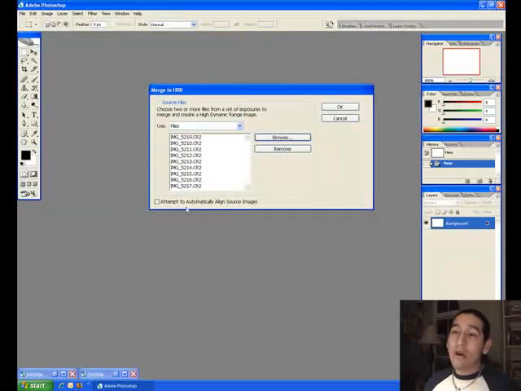Now if there are images that kind of have moved a little bit, like in my case, you can select this, attempt to automatically align source images, but it will take a long time to render. Now you can see in my case I have quite a few images from the really